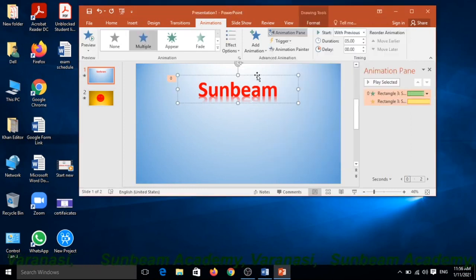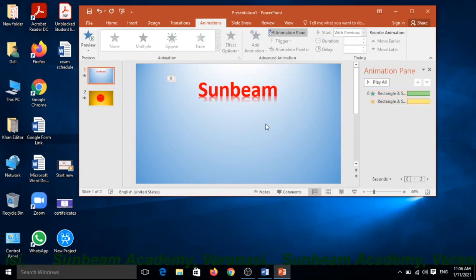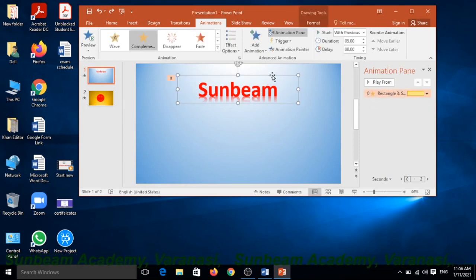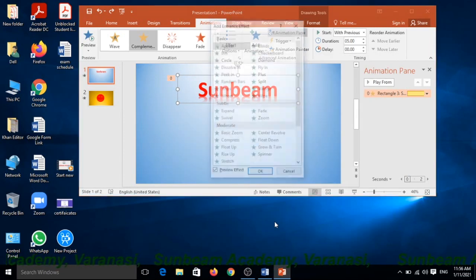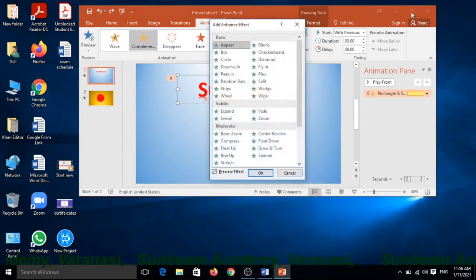Yes students, once again I want to add the animation. See, first select your text where you want to give the animation effect, add, and choose more entrance effects. The option will appear, and choose here fly in, and click on OK.